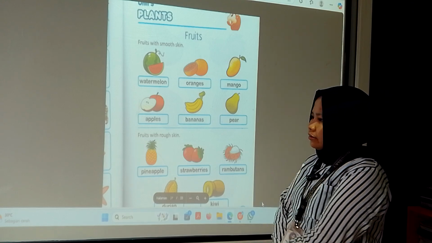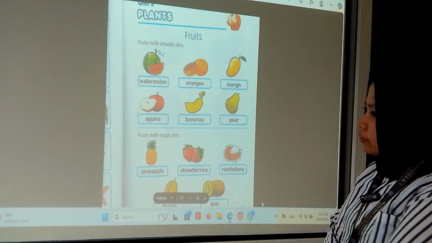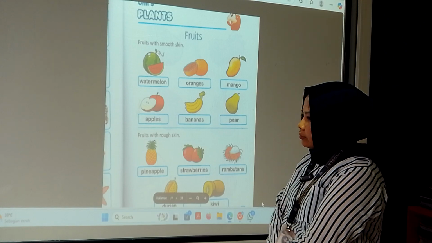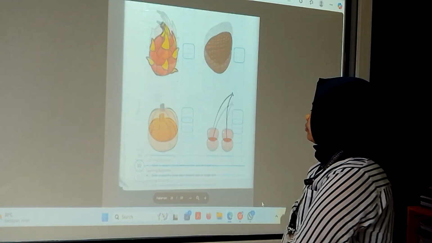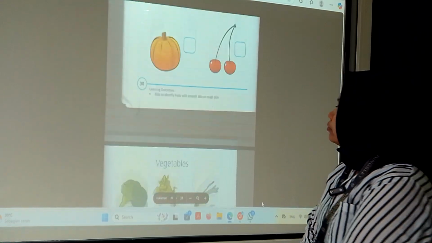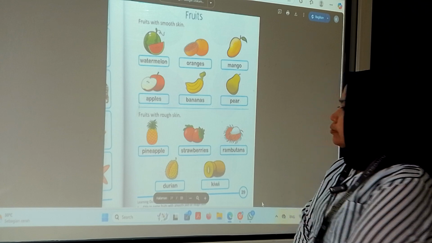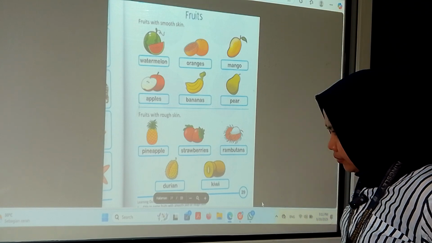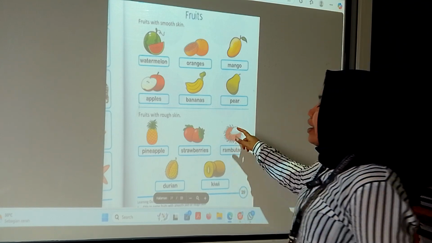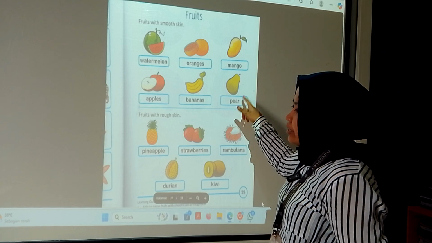Explain first what fruits are, and then the vegetables too. You explain what vegetables are, and then you go to the examples or the kinds of fruits with smooth skin and rough skin.